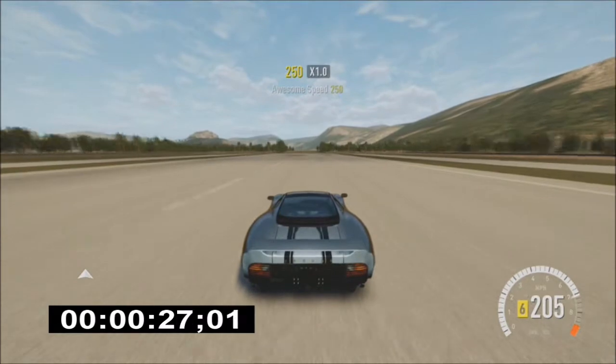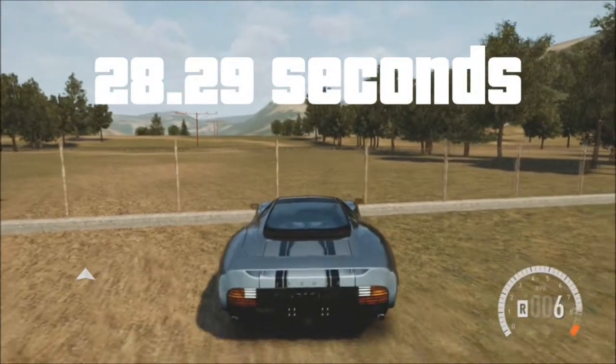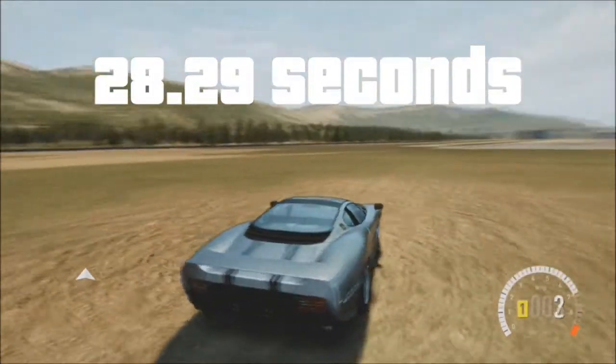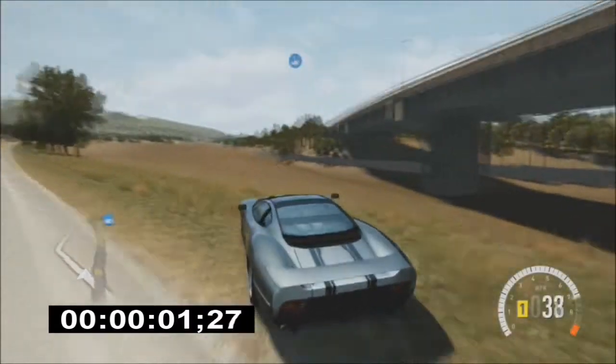This thing sounds so good. Coming up here, we managed to hit a top speed of 208 miles an hour, and we did that in 28.29 seconds. So now of course we've got to do that off-road test, and this thing off-road is actually pretty good,